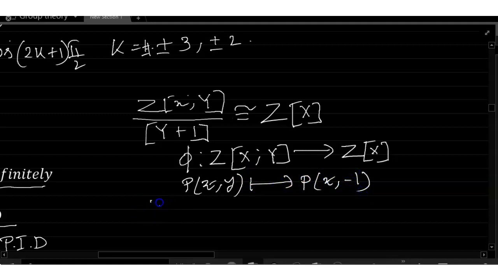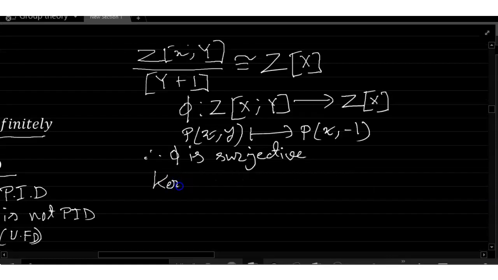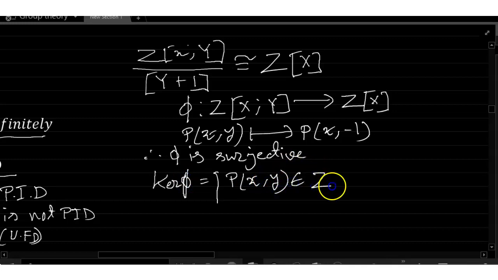Therefore phi is surjective, so phi p(x,y) belongs to Z[x,y],